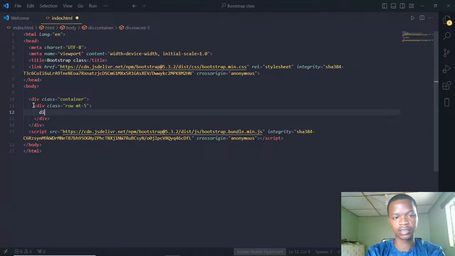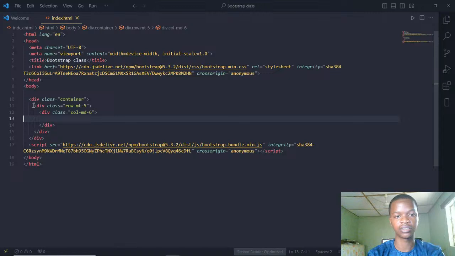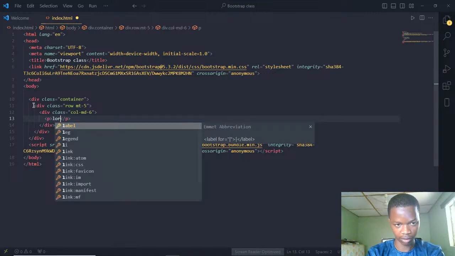The next thing is the column, then class. I'm going to say col-md-6. Let's say you want to have two elements staying side by side, two paragraph elements. We want them to stay side by side, so we're going to be using col-md-6. The col-md-6 is going to create two columns, one for the first paragraph and the second one for the second paragraph. So the P element is going to have, let's just use the lorem,